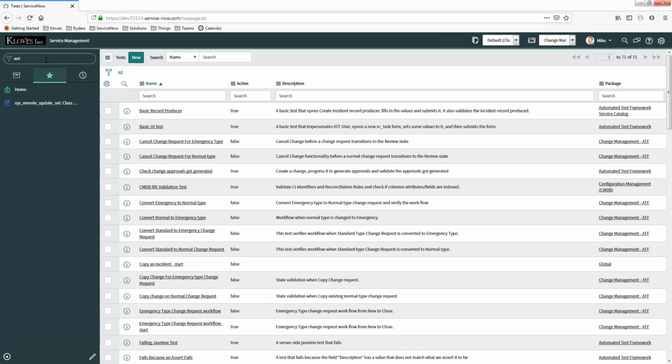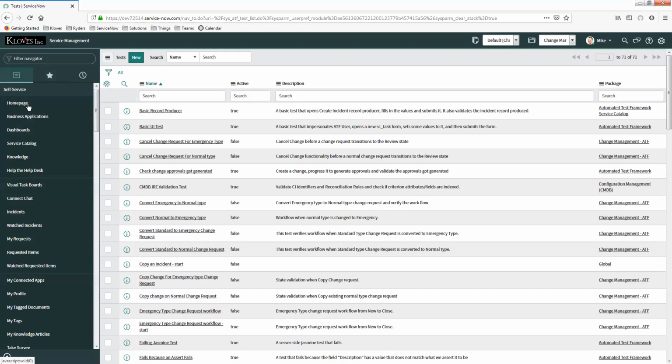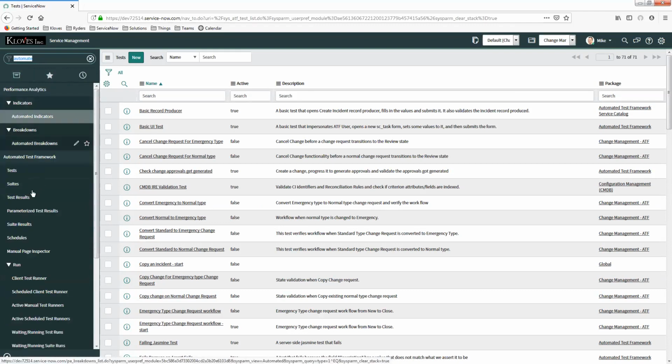So if I type in automated in my Navigator, automated test framework will show up. I hope. Try this again. Automated. You can see I already have the list over here on the right-hand side, but typing in Navigator, automated test framework, there's the tests, and here they are listed. So we're going to go ahead and create a new one